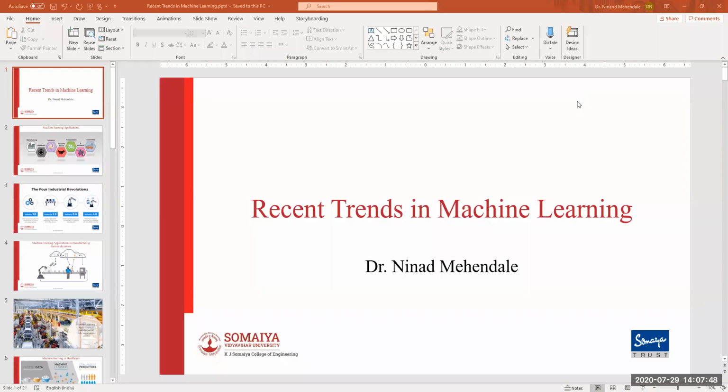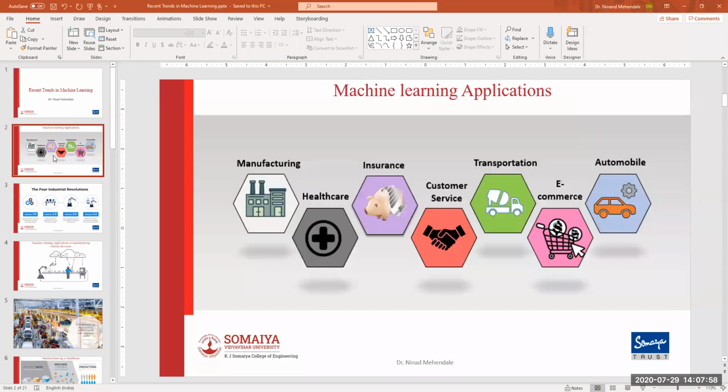Hello everyone. The topic I am going to cover today is recent trends in machine learning. So basically, this is the overview diagram of recent trends. Now, machine learning has already reached manufacturing, healthcare, insurance companies, then customer service, transportation, e-commerce, and automobile. Now we will go into detail about each aspect of this, and we will see how it has been implemented